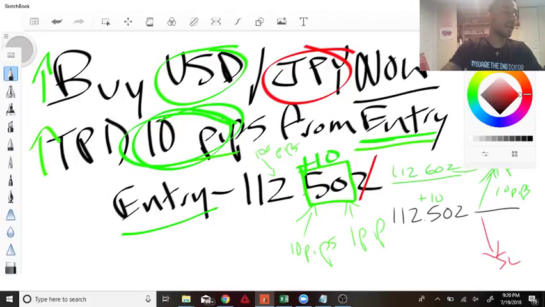So let's just say for your stop loss, you say, you know what, I don't want it to go past, and I'm going to come up with a random number. Let's just say 20 pips, right? So my random number is 20 pips, right? So what I'm going to do is subtract 20 from that 50 now, right? So essentially, what do you think that my stop loss would be